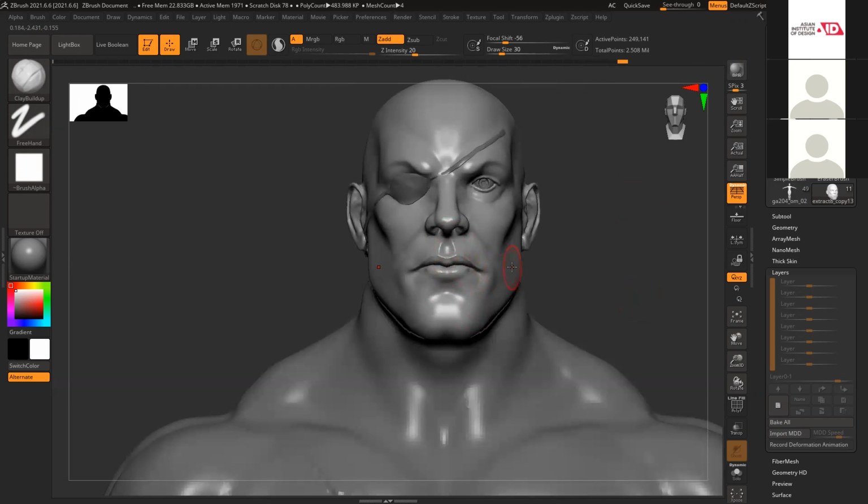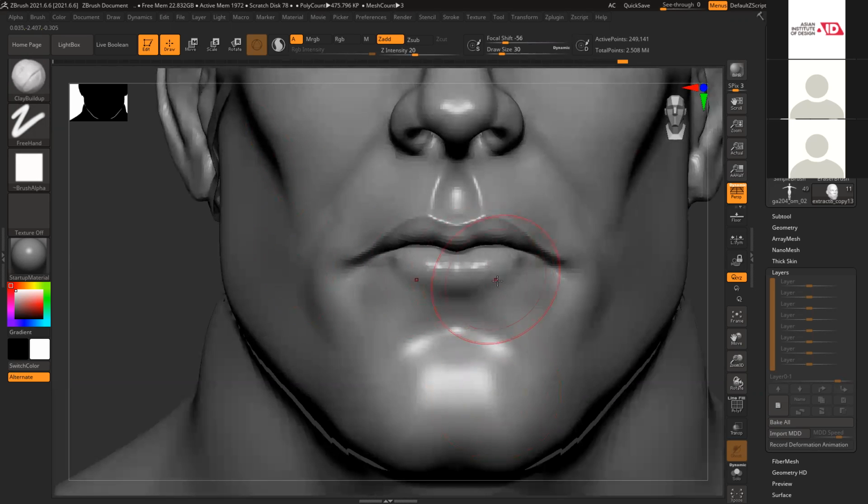Small refinement only. And the lower lip, I can see clearly, is a little broader than this.